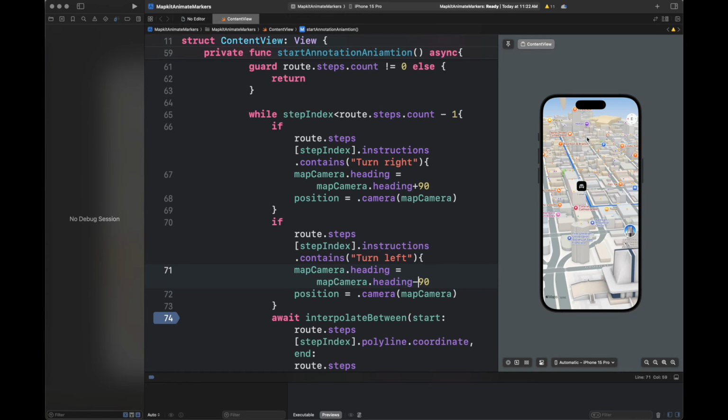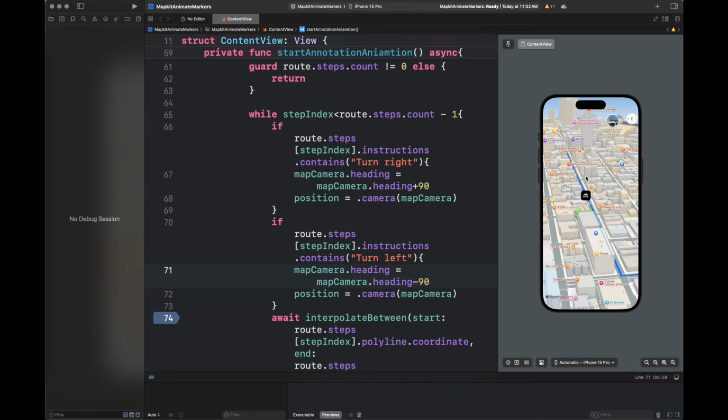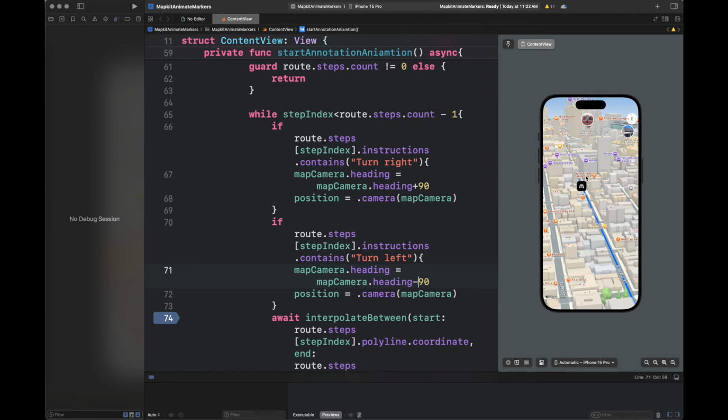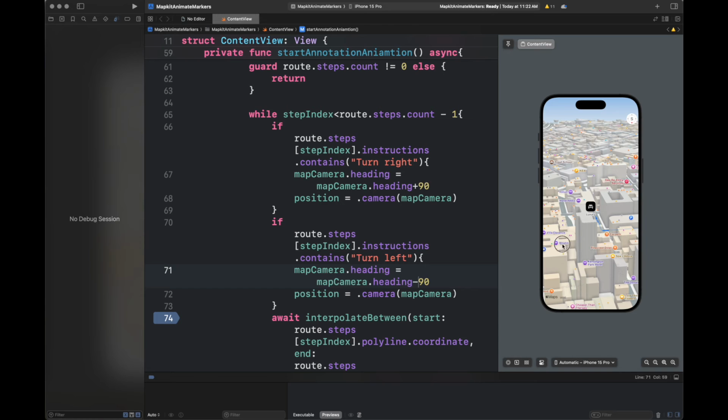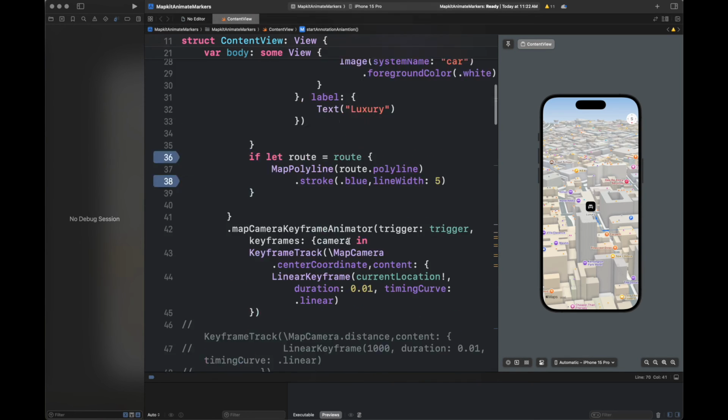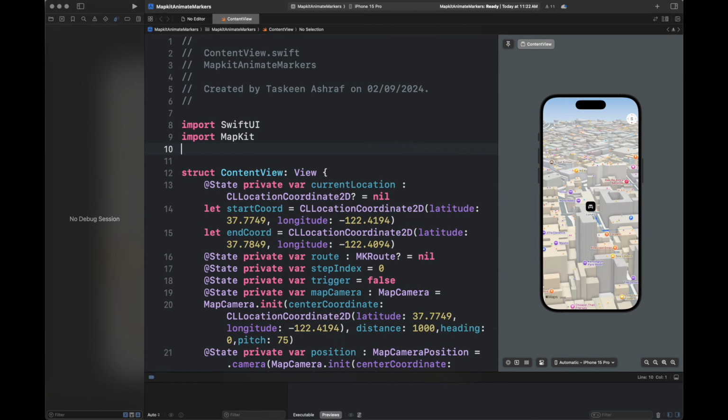So here you can see that we can see the car from behind because the camera changed its view with the heading value. And now it's again going to move right, and we are again going to shift the camera view. So we are basically behind this car throughout its journey. So next I'm going to show you how you can speak all of these instructions to the user, just like Google Maps or any other map